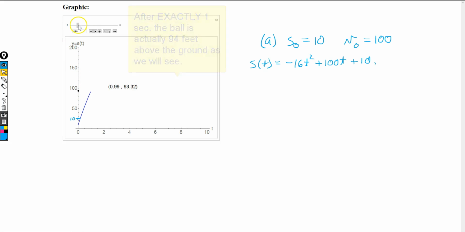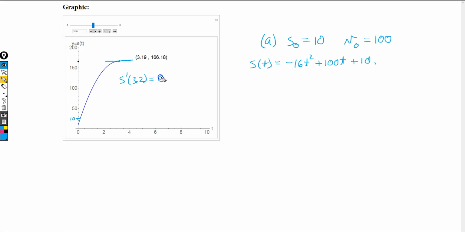And then if we keep going, you see eventually the ball reaches its maximum height right about here. Now notice something unusual about the s of t curve at this point. At this point right here, you have a horizontal tangent line. In other words, at this point, after about 3.2 seconds or so, s prime of 3.2